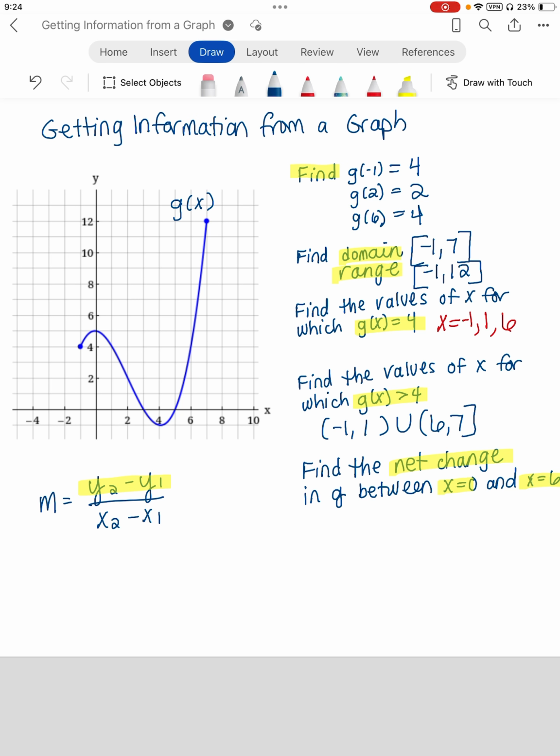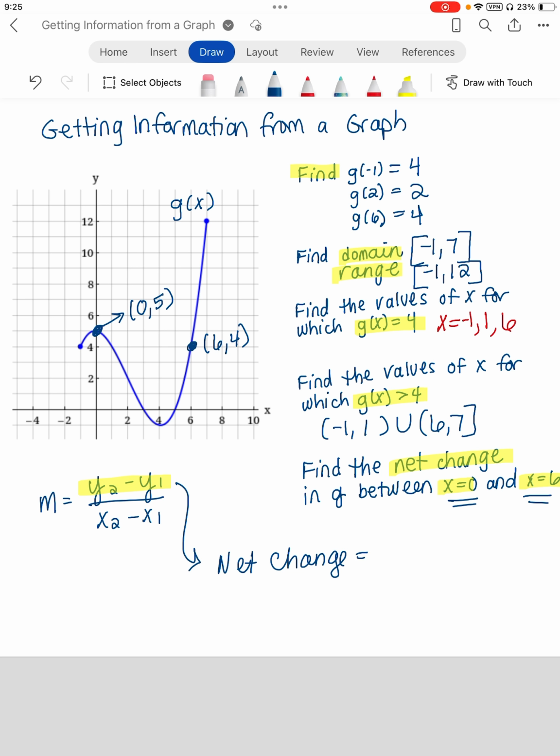So what we're going to do is go to our function and find this x value of 0. Go to the function, so that will be 0, 5. And then go to the function for an x value of 6. So that's the point 6, 4, because those are the input values they gave us to work with. And we're going to just subtract those output values. I'm going to do the second output minus the first output. So once again, I'm just doing the top part of the slope formula. Whoops, sorry, I wrote slope because I said slope. Net change